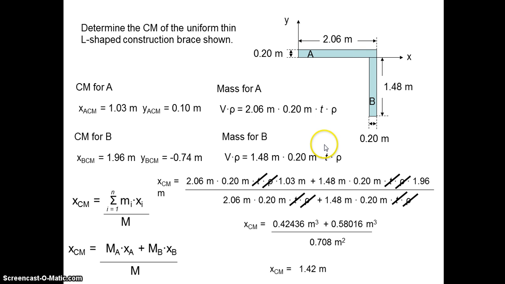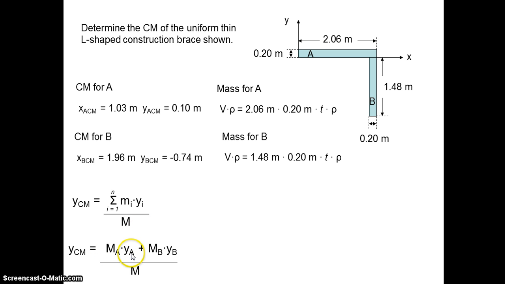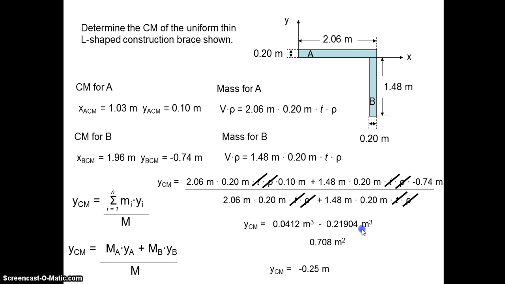I have to find the y coordinate of the center of mass now. So let's go ahead and look at that. Still the same formula, now it's just in the y direction. And so that's going to be the mass of A times the y coordinate for A. So the y coordinate for A is the 0.1. And the mass of B, which is this over here, times its y coordinate, divided by the total mass. Add both of those together. This is what it looks like. Notice I have a thickness and density for both of them. And I can cancel it out. And then simplify, and I get negative 0.25,